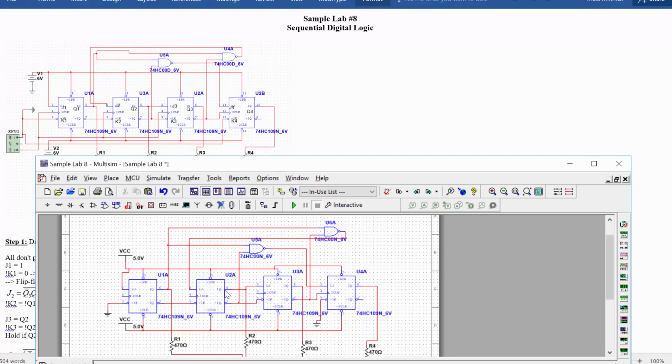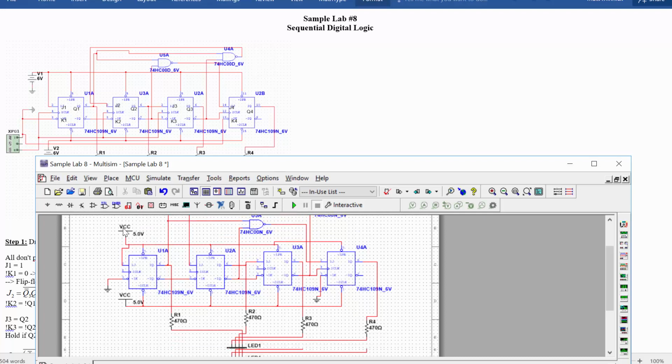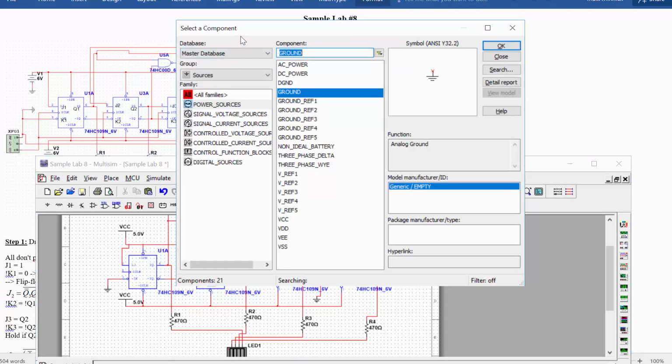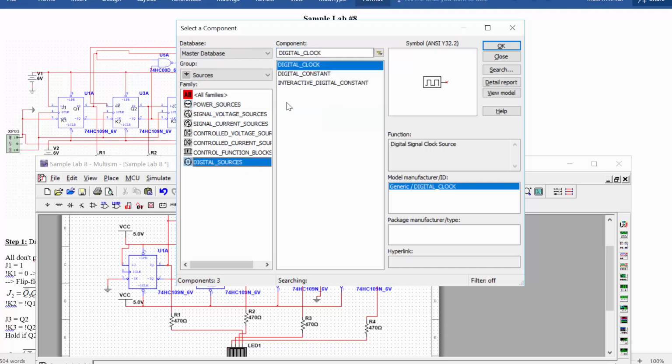So this one they're hooked up to just the previous Q's and Q bar. And on this one, they're hooked up to the NAND gate, which is feeding off of Q1 and Q2 bar. And they're hooked up to, and the other one is ground. All right, so that's it. We have everything except for the clock. So for the clock, what we can do is go into a power supply. We could use a function generator, but there's also just a digital